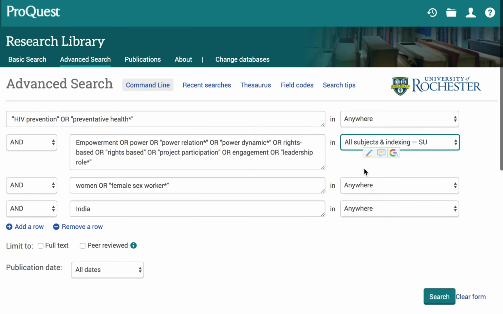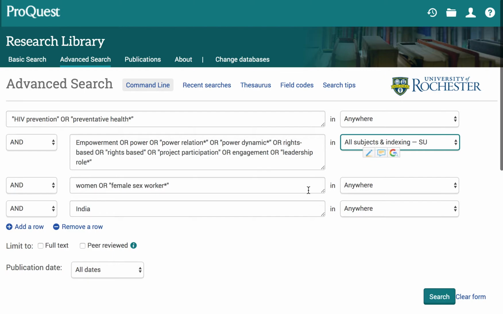For instance, instead of searching for some of my terms anywhere in the article, I could limit to just articles labeled or indexed under a particular subject heading. This is similar to looking up a term like empowerment in the index at the back of a book and seeing the list of pages where that term appears. In article databases, subject headings are index terms that capture the essence or topic of the article. In this case, I'll get articles that have been indexed as being about empowerment or power in some way.